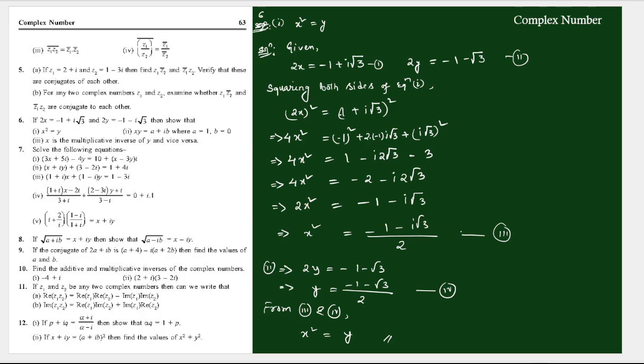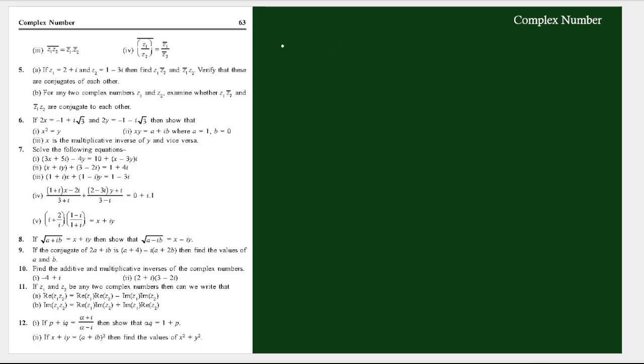Part 2. So xy is equal to a plus ib, where a equal to 1, b equal to 0. We need to multiply x and y, so we should find x and y. Given: